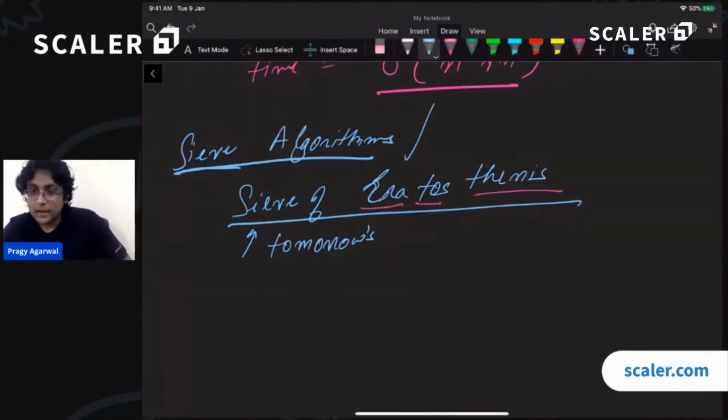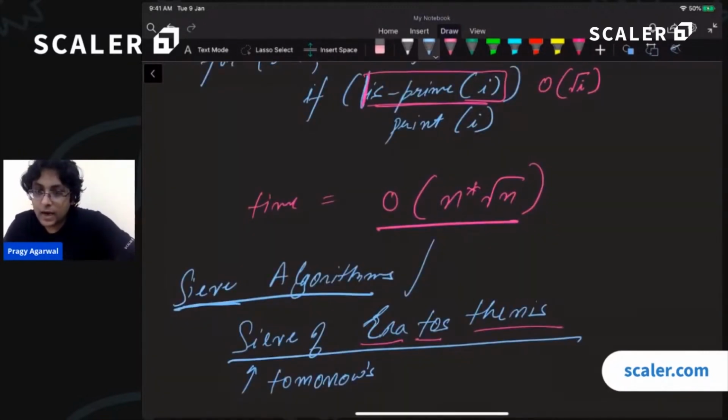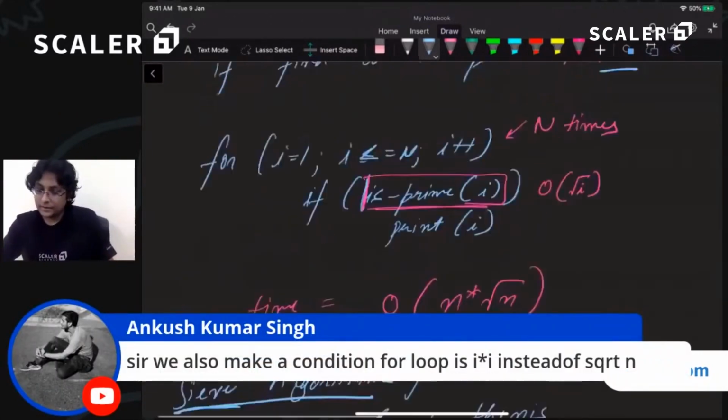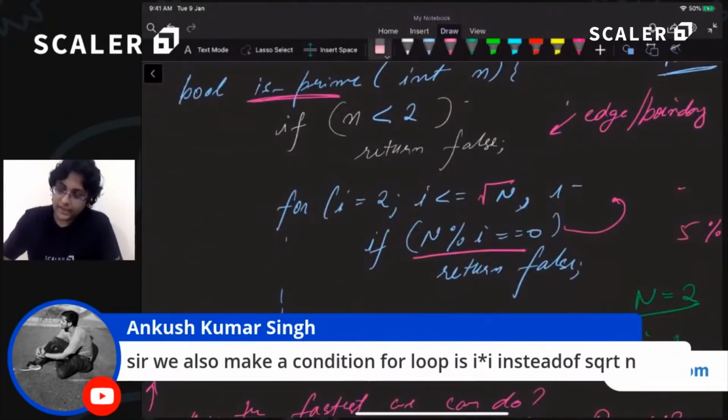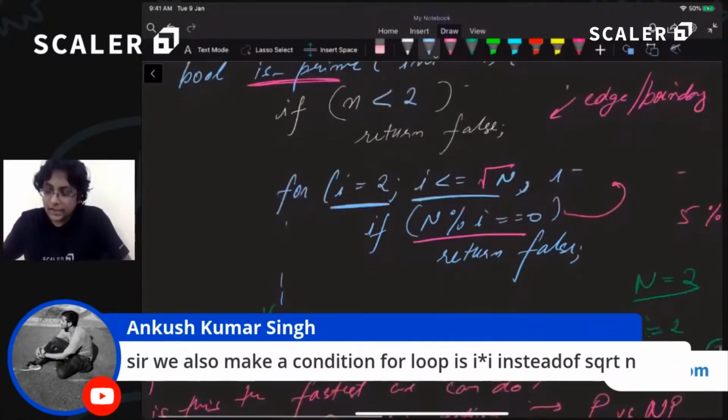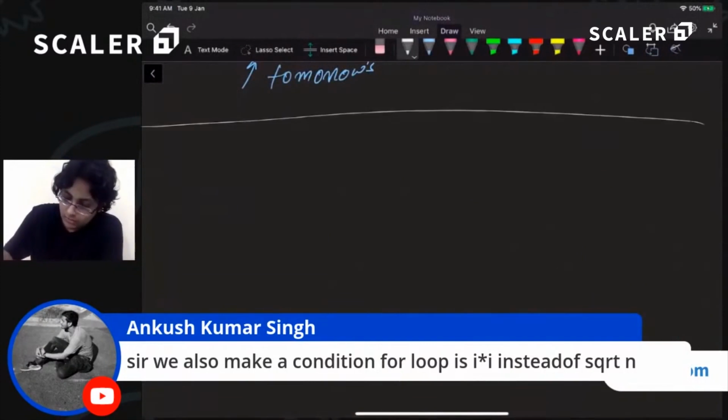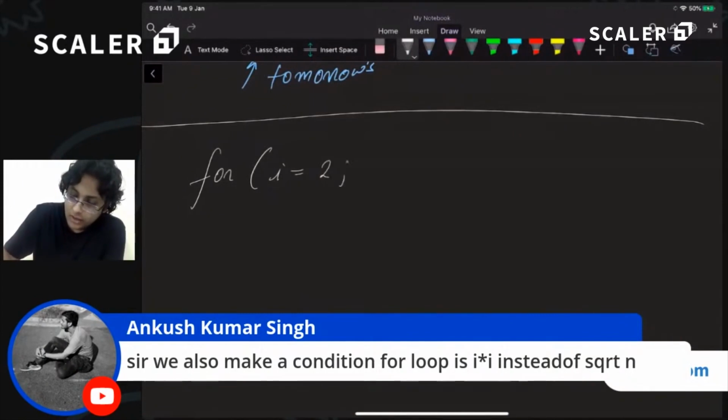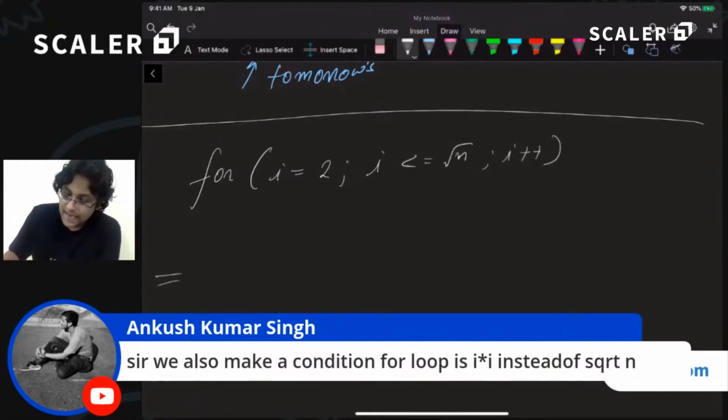All right, cool. So one thing that Ankush is pointing out over here. Where did that comment go? Interesting. That comment just vanished. Yes. So Ankush is pointing out that in this particular program that you wrote, this loop, for i equals 2 all the way till square root of n, we can rewrite this in this manner as well. As Ankush said, these two loops are equivalent. i equals 2, i is less than or equal to square root of n, i plus plus. This loop is the exact same as this loop,